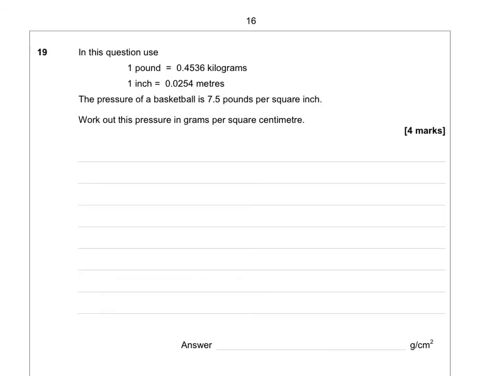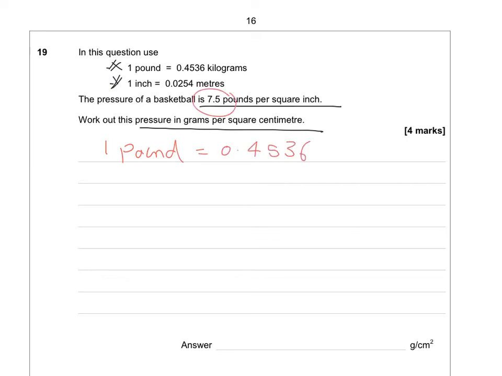Question 19. In this question, use 1 pound equals 0.4536 kilograms, 1 inch equals 0.0254 metres. The pressure of a basketball is 7.5 pounds per square inch. Work out this pressure in grams per square centimetre. So we know that 1 pound is equal to 0.4536 kilograms. We're dealing with 7.5 pounds, so we need to multiply 0.4536 by 7.5, which gives us